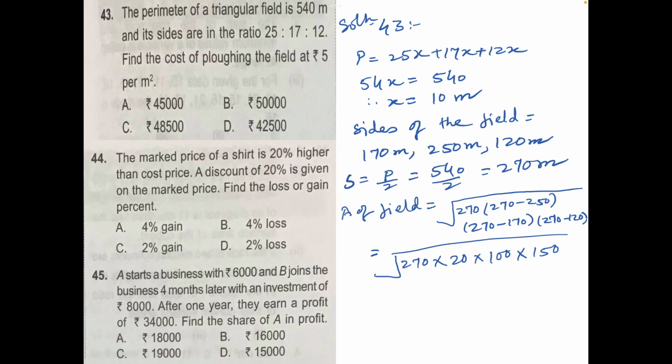So to find the square root, you need to factorize them. This will be 100, 10 into 10, this will be 25 into 6, this will be 4 into 5, this will be 9 into 3 into 2 into 5, right? So if you pair them, this will be 3, square root of 9, 3, this will be 10, this will be 5, and if I pair these two 5, I'll get 5, right?